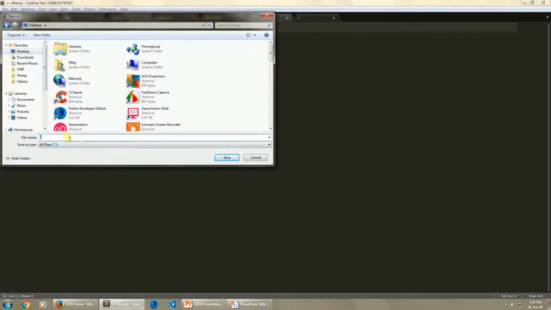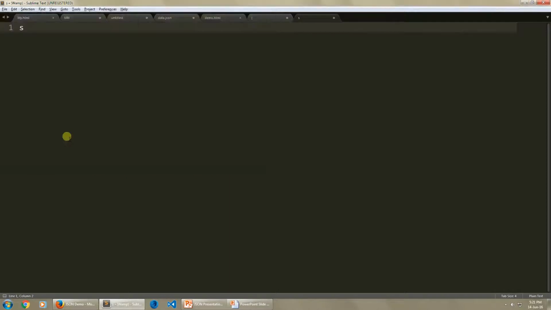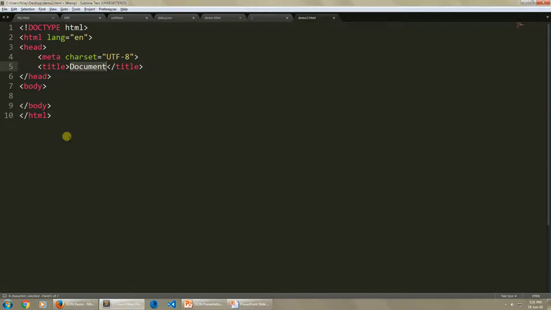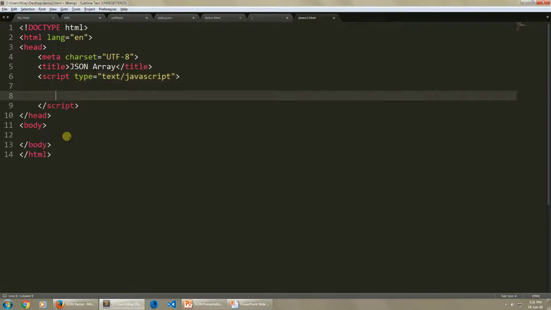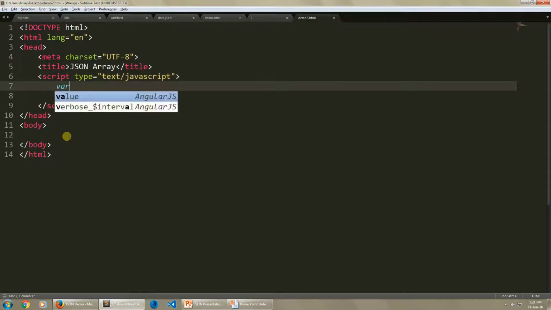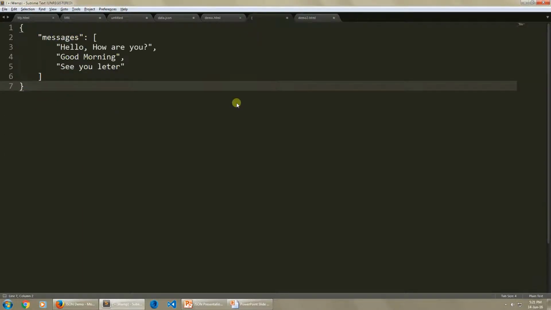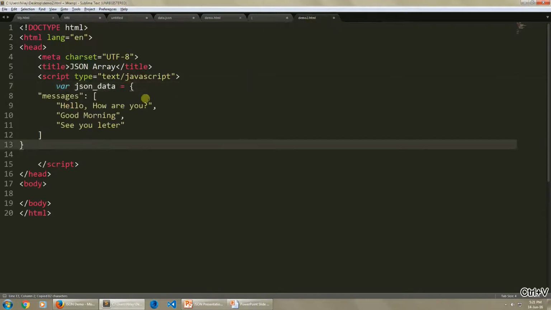Save it with the name of demo2.html, html:5, JSON array, script tag, where JSON data equal to, and now I am copying our JSON data and assigning it to our variable